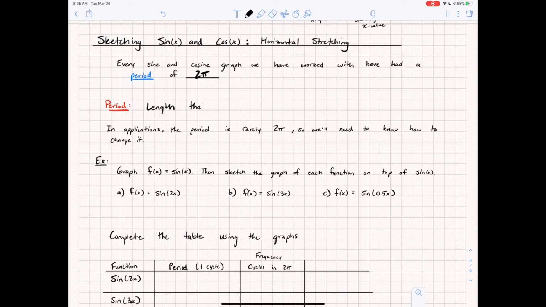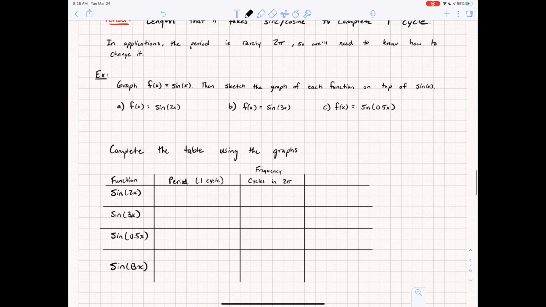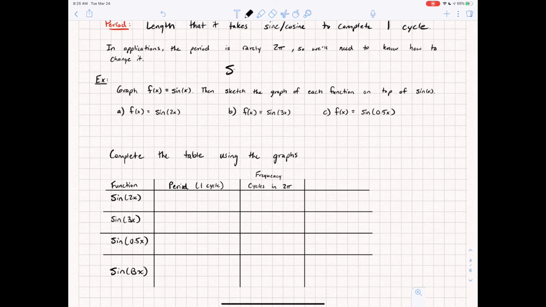Just as a reminder, a period represents the length that it takes sine or cosine to complete one cycle. This is the definition for period specifically and how we're going to be using it. So what I want you to do is take a look at some different functions, specifically functions that are affecting x on the inside by multiplication. We're just going to focus on sine